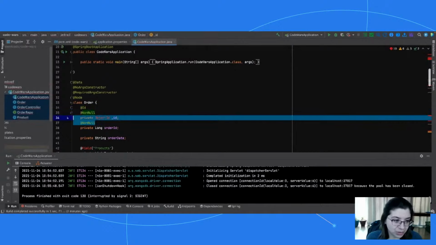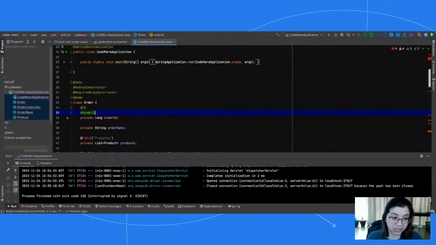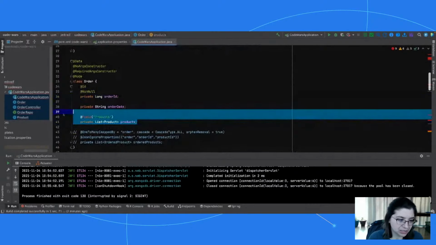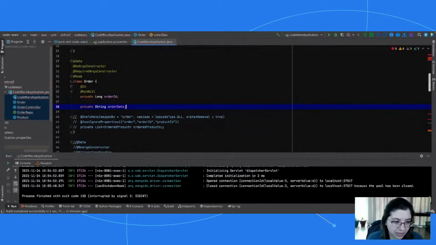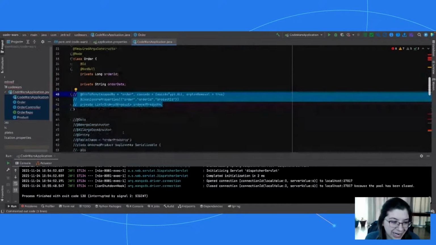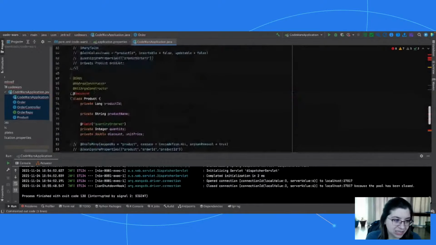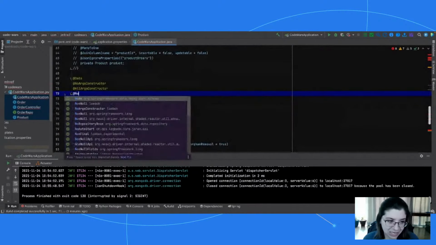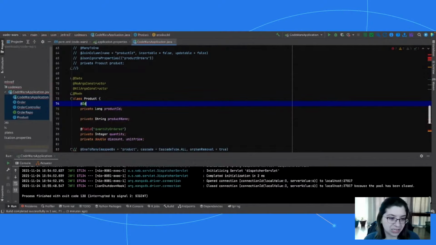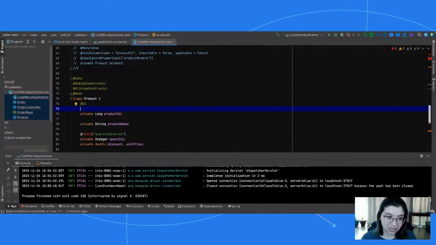This now can go goodbye because we're going to use the order ID as our technical key. And then that can stay, that's fine. And this can kind of come back. Actually, I'm going to comment that out for a second. We'll come back to the relationships in 1 minute, but let's go ahead and do the product side and fix that because this should be the same as what we just did. So @Node annotation, this is going to be an @Id because it's a separate entity in our database.